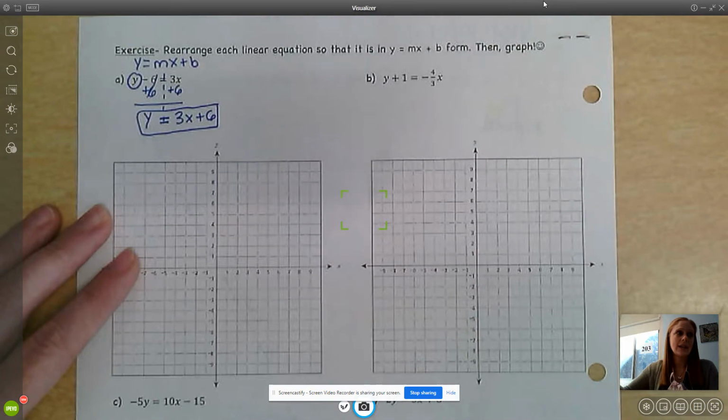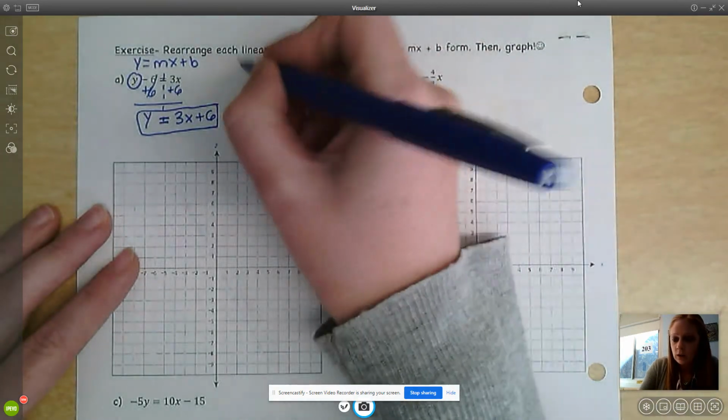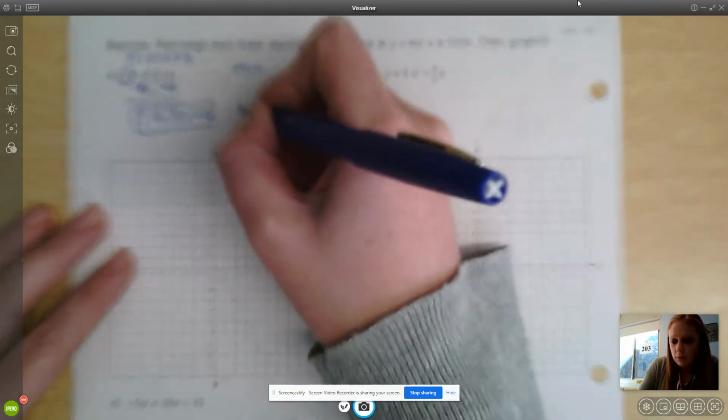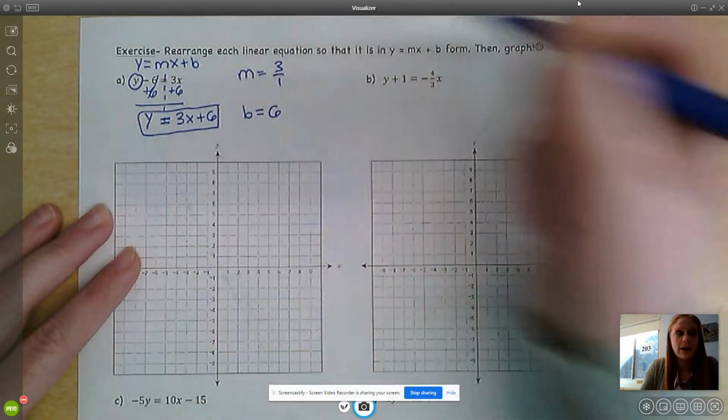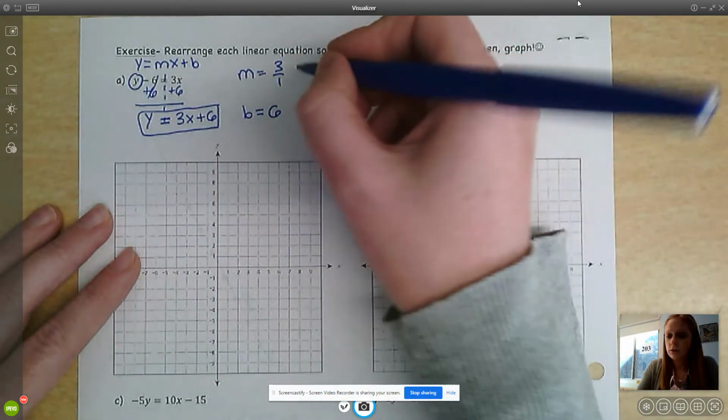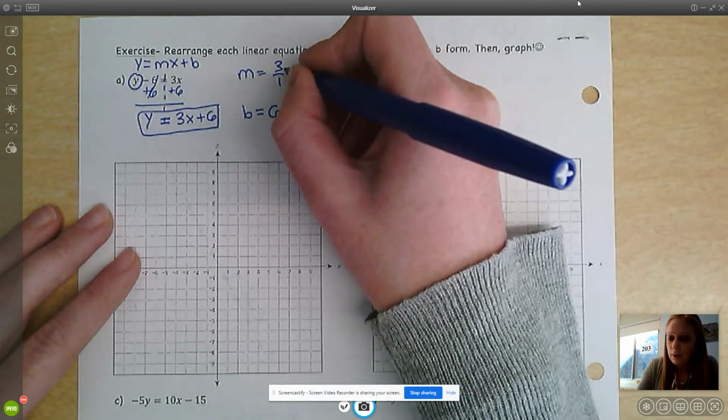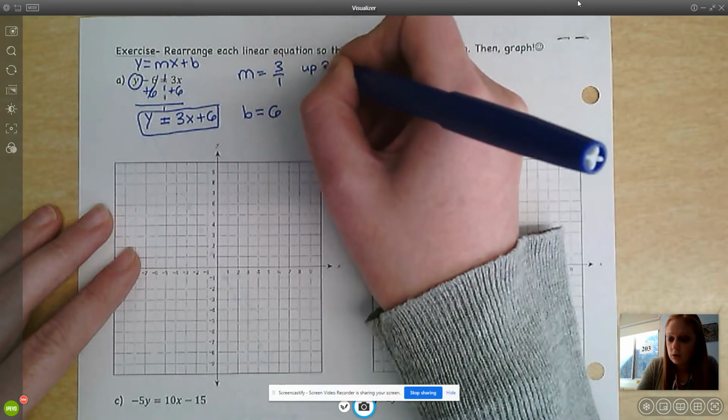So now we can identify the m and the b and graph it. So we have our m, we have our b. Our b is the 6, our m is 3. I'm going to write it as 3 over 1. So it's a fraction, and we know how to move then. Positive means up, so up 3,